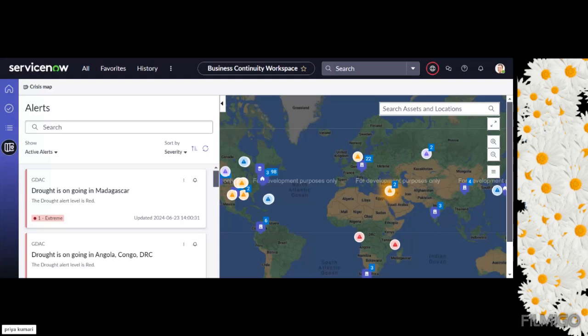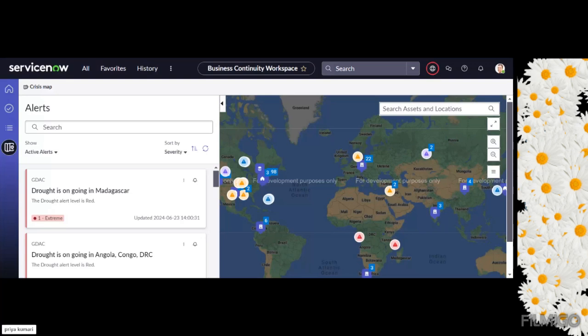Suppose you want to know whether an earthquake is going to happen in your area, and where your location is. You can track through this map whether this area will have flood or rain or another such event. It will give you the notification and the overview of what areas are going to be impacted by that crisis. So this is all about